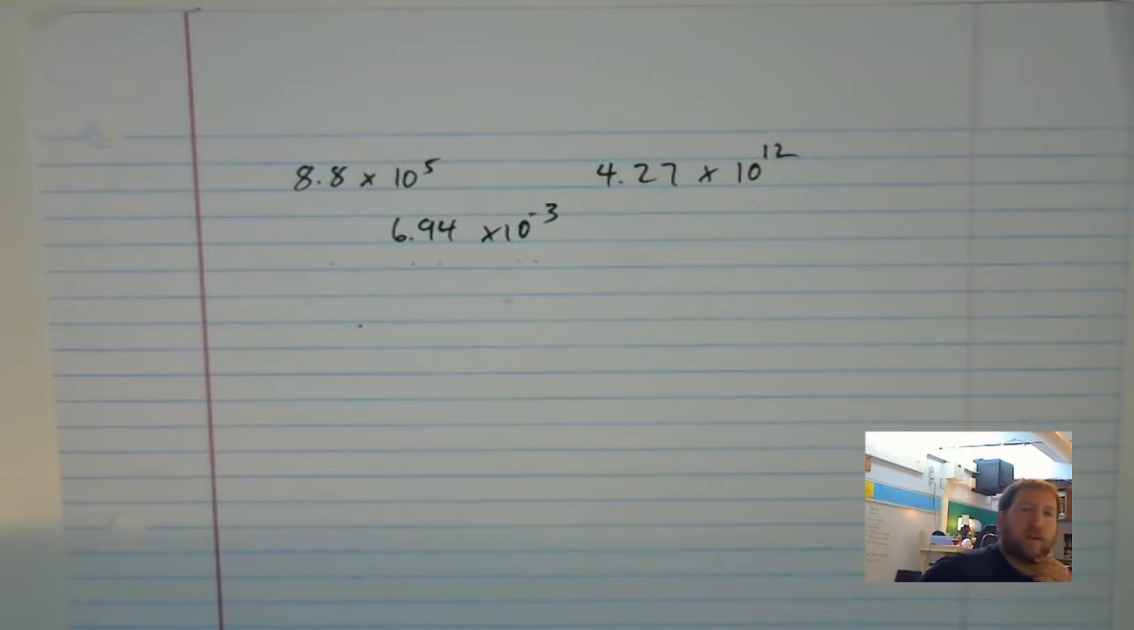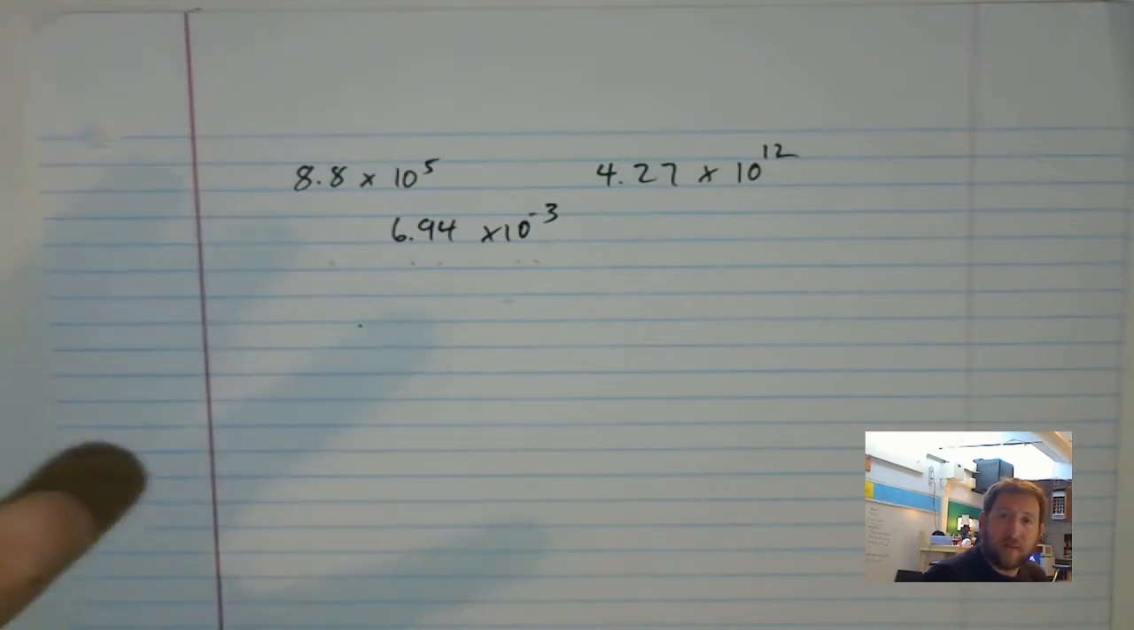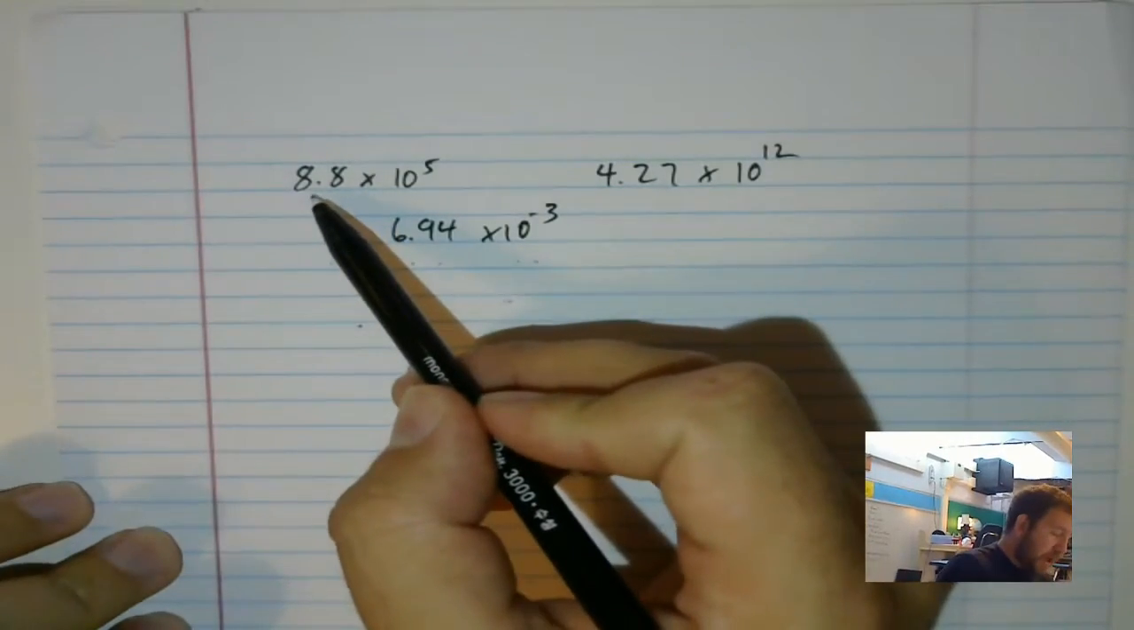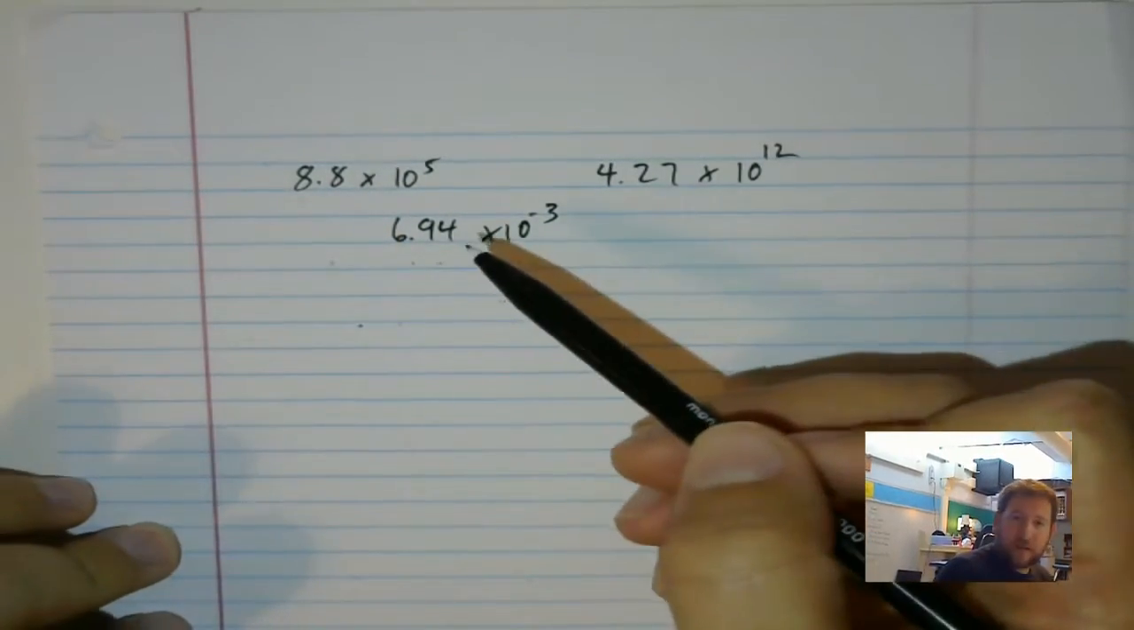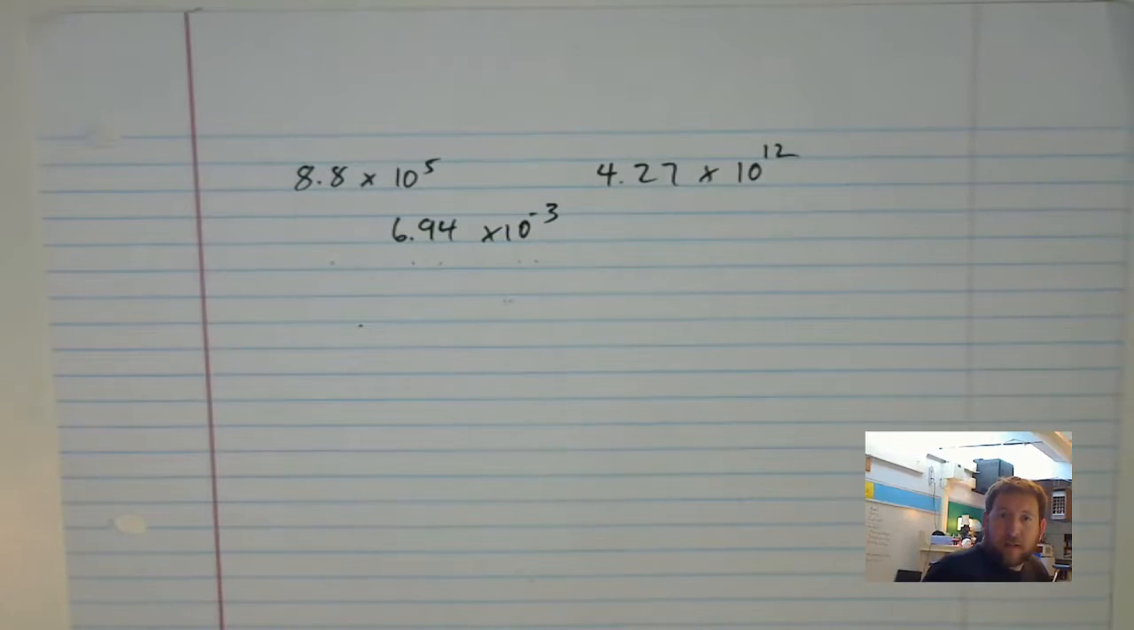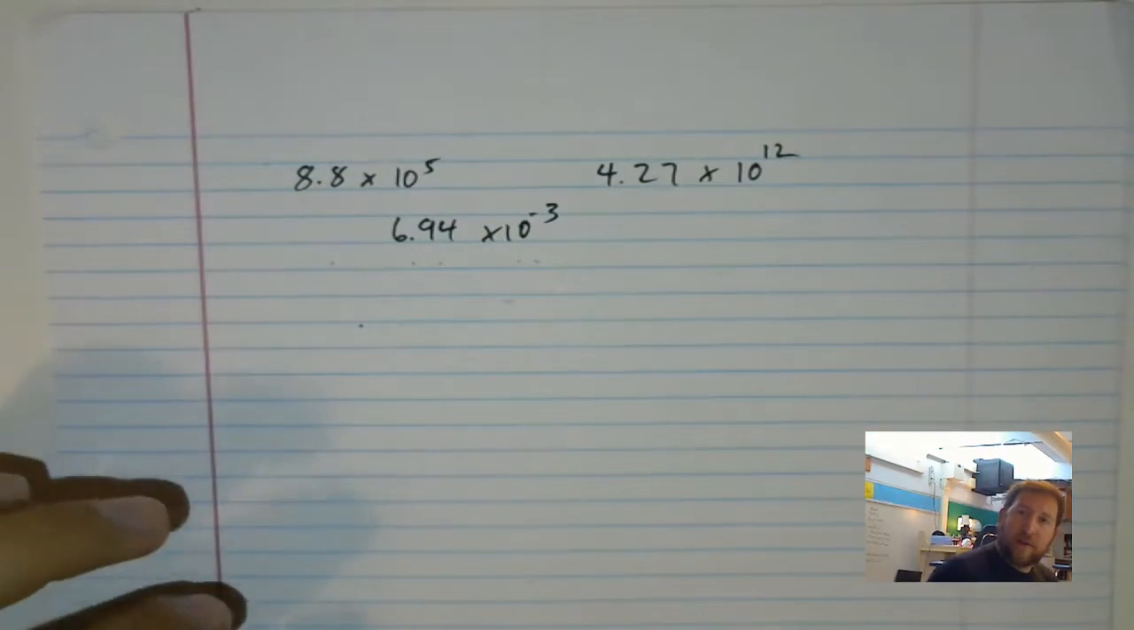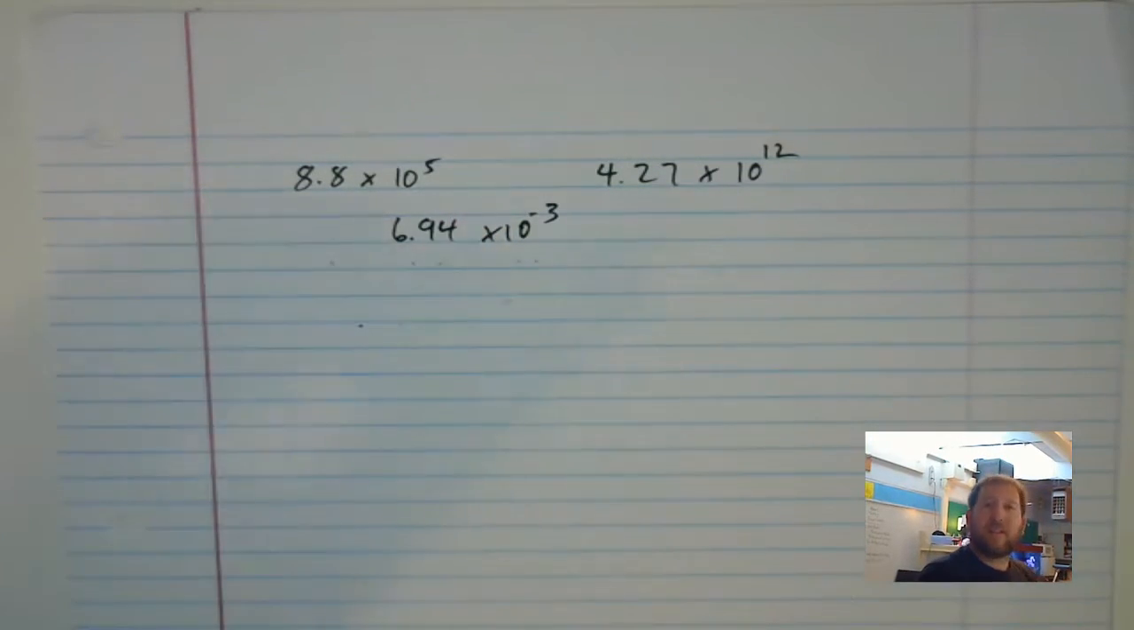Which of these is bigger, and how can I compare them and see which is the largest? Because I can just look at the numbers in front. 8.8 is bigger than 4, which is bigger than 6. So I know that 8 is the biggest, right? No. It doesn't really work like that, because when we're comparing numbers, we're always looking at place value, because